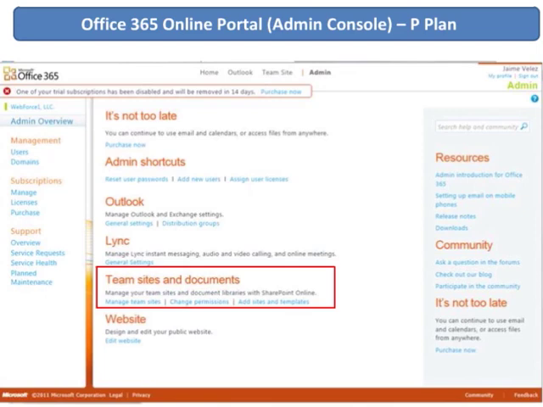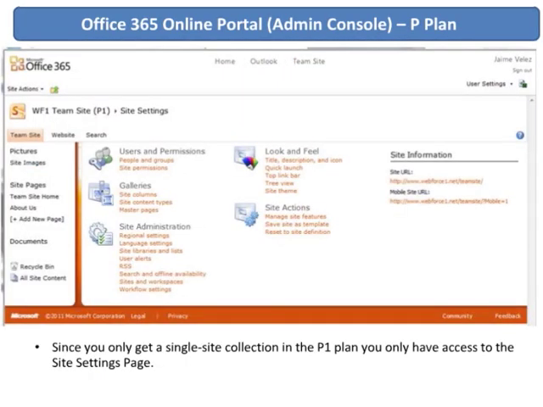And if you want to actually manage your team site, it's actually going to take you to the site settings page. So if you're familiar with SharePoint on-premise, the only thing you can manage on the P plan is everything that you see on the site settings, which you should be able to see on the screen right now. Okay, so again, you can manage user permissions. And you also have certain control over the look and feel of the site. You can change some of the navigation, and you can change some of the site themes. And the site themes is what allows you to get a different look and feel for the site, a different color scheme for the site.